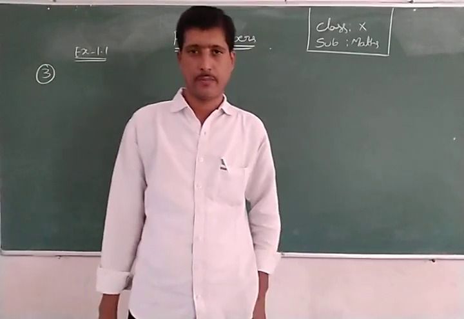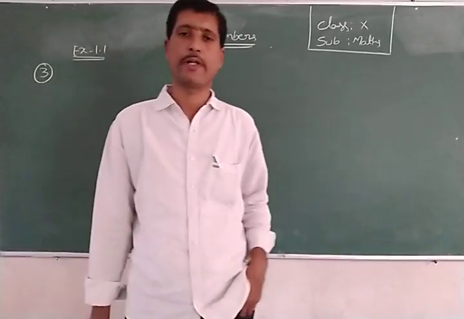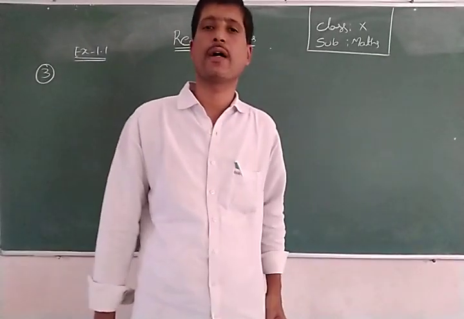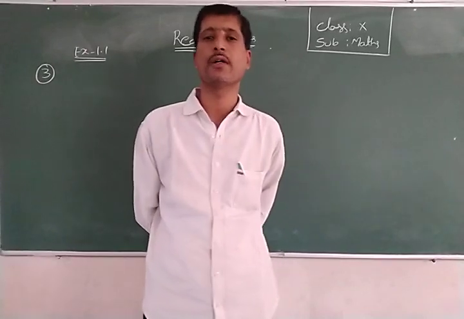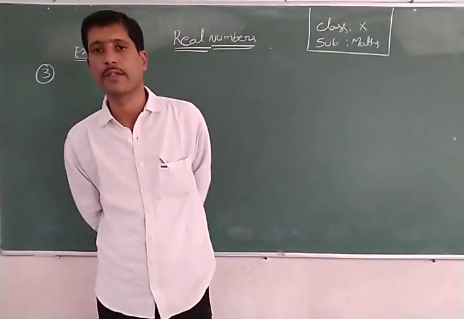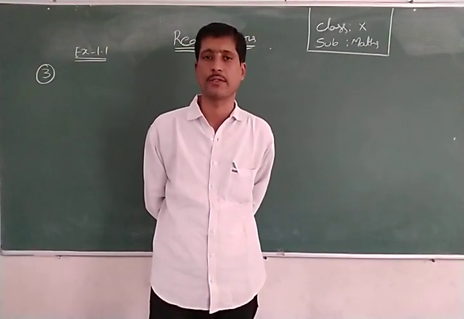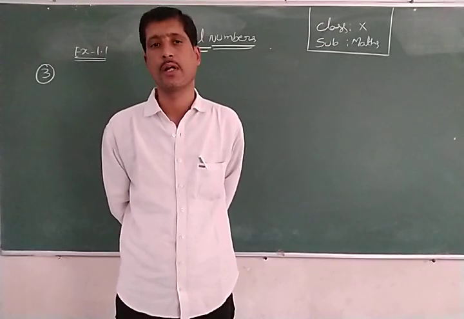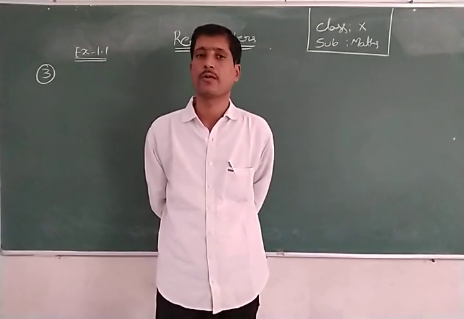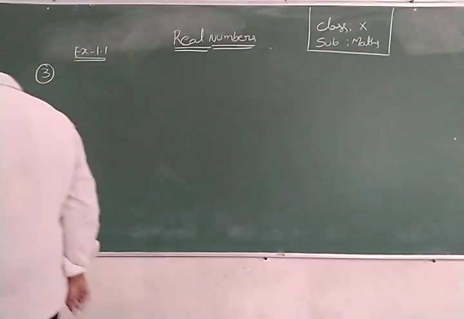Next one, we have discussed the Euclid division lemma. If a and b are positive integers, there exist q and r such that a equals bq plus r, where 0 is less than or equal to r, less than b. By using this, you found the HCF in the previous class, that is exercise 1.1. First, find the HCF of two numbers. Next, use Euclid division lemma to solve two problems. Next, here is today's third problem.